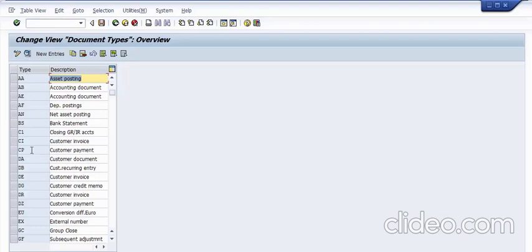For customers, all the document types start with D. You can see D. So in D you can see one is customer invoice and one is customer payment. Whenever you post any customer invoice in the system, the document type generated is DR, and whenever you receive any incoming payment, the customer document type generated is DZ. So that makes it easy to identify whether a particular transaction relates to a customer or a vendor or a GL account or an asset, because everyone has their own document types, and within that you can easily identify whether it is DZ or DR, and whether it is an invoice